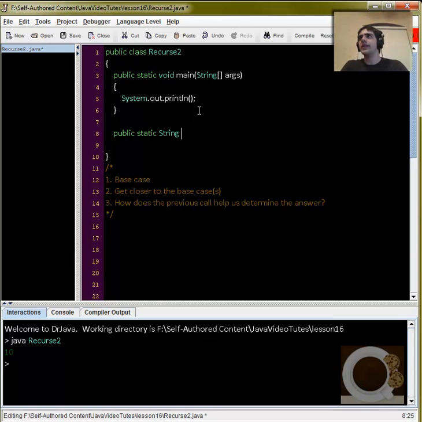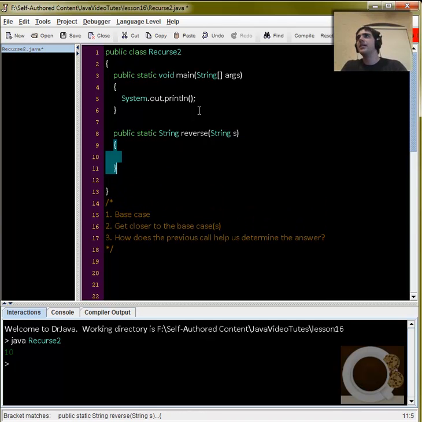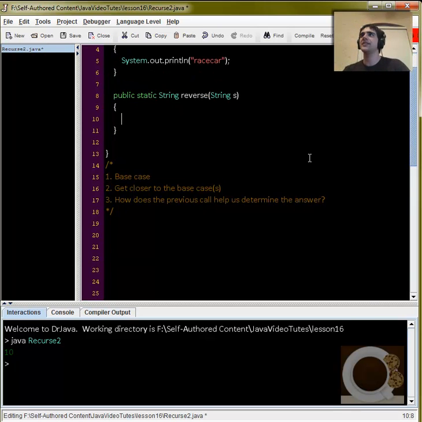Oh wait, static string reverse string s. Okay. So we're going to reverse s. So if we pass in race car, it's going to come out race car, right? Okay. So let's go through these 3 steps, and I'll show you how it makes it so easy to solve any recursive problem you've got. So let's say